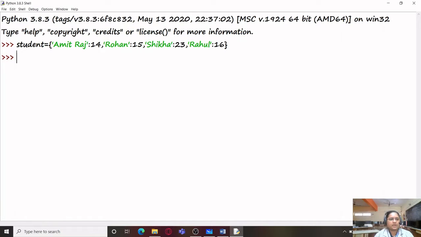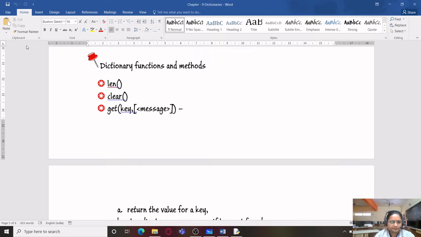So we have a dictionary student over here which contains names of students as the keys and the values which are given there as their ages.